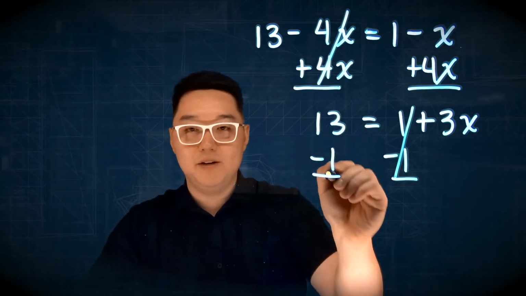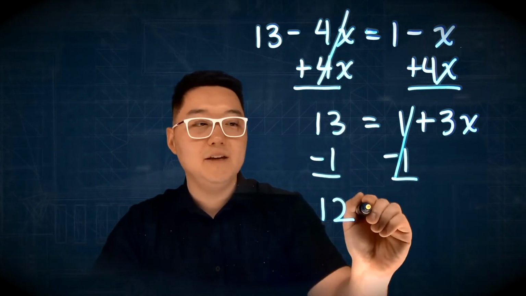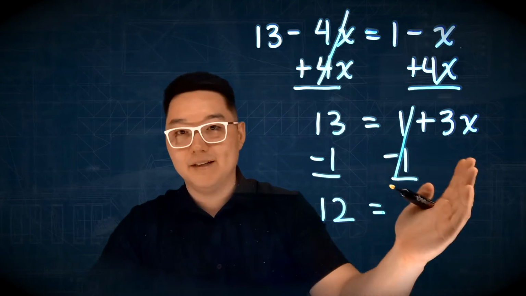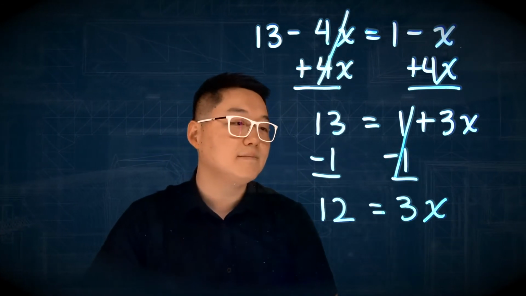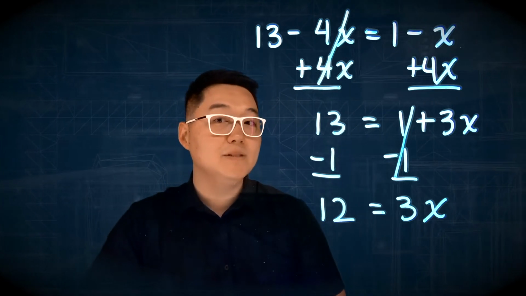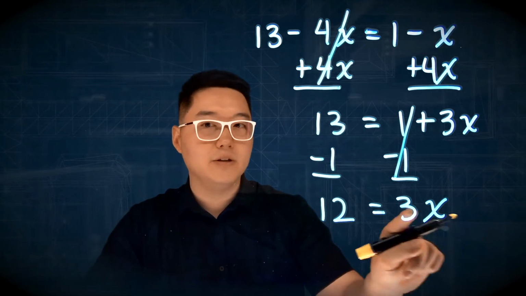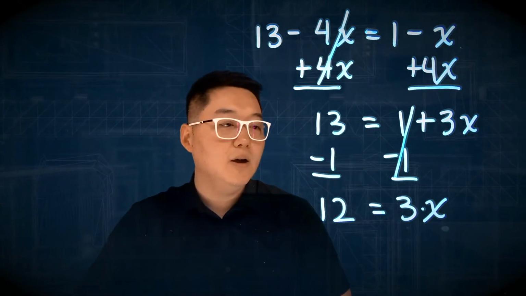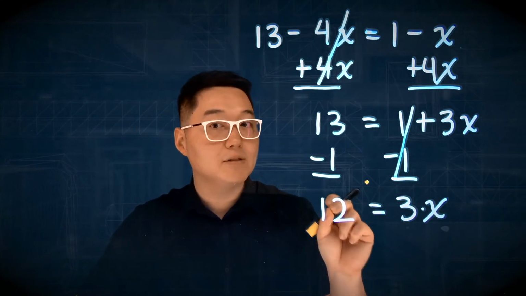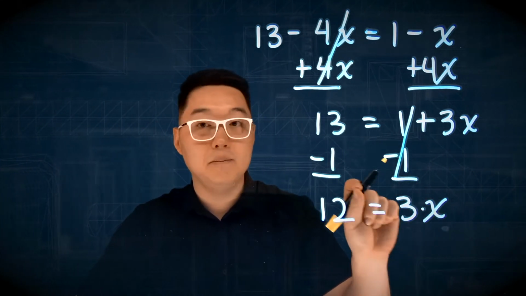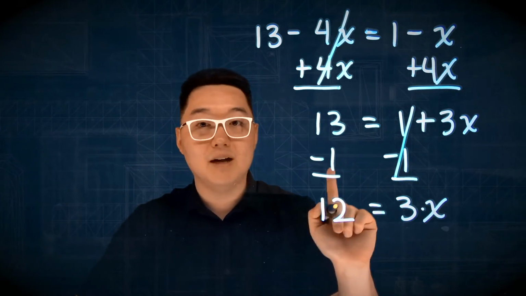So what is 13 minus 1 on the left side? We have 12. Don't forget the equal sign. And then what's on the right side? We have 3x. Okay, now we're almost done isolating the variable x, but again, we have 3x, or 3 times x. So how do you get rid of something that says 3 times x? What's the opposite or the inverse operation of timesing something by 3? To get rid of something that says times by 3, the inverse operation is to